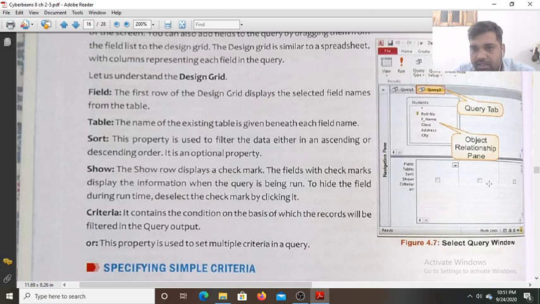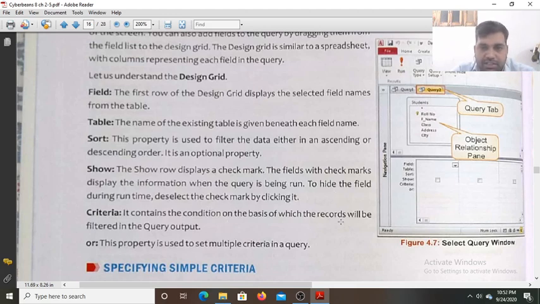If you have selected 3-4 fields but want to see only 2, put the check mark on only those 2 fields. To hide a field when the query is run, deselect the check mark by clicking it.